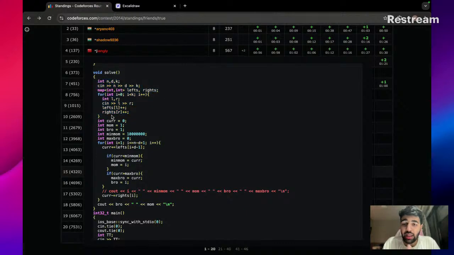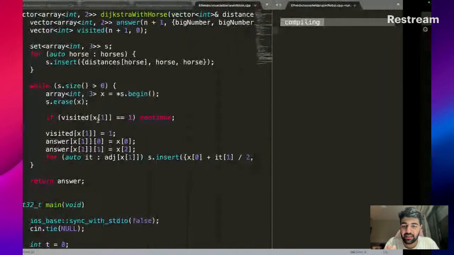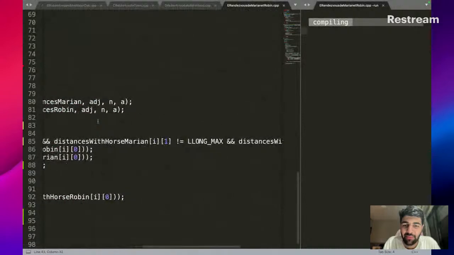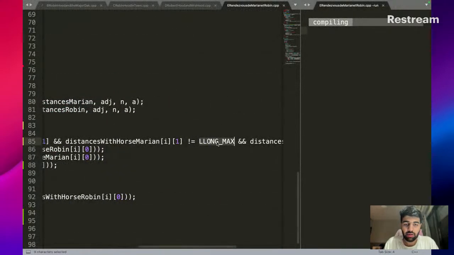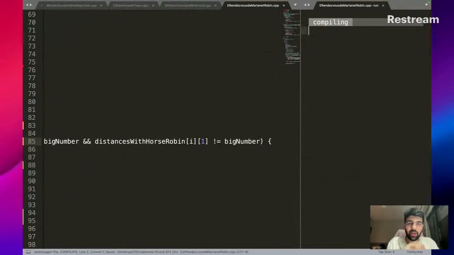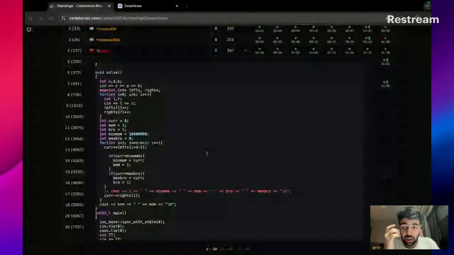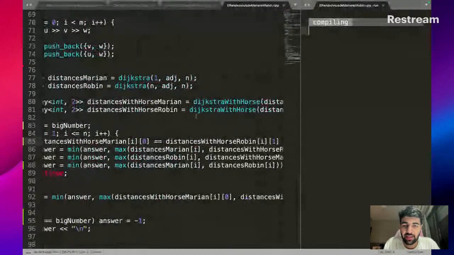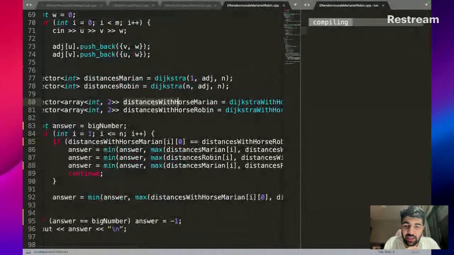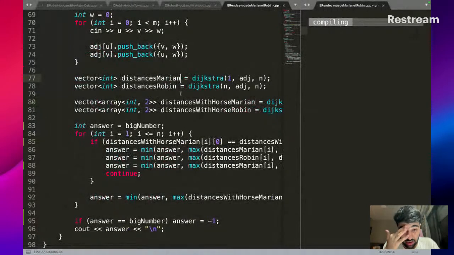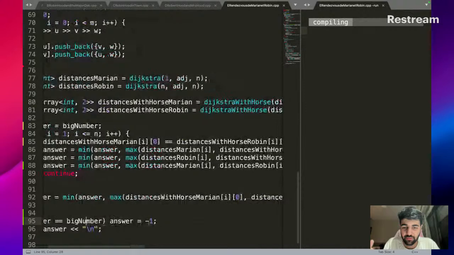नहीं, बिकॉज मेरा कोड क्लीन रहता है। आई कांट अंडरस्टैंड। स्क्रीनशॉट भेजता हूँ। हाँ देख, योर वेरिएबल नेम्स एंड स्टफ आर नाइस, पर द थिंग इज बी मोर प्रिसाइज, व्हाट इज कर, व्हाट डू आई अंडरस्टैंड बाय कर। मतलब वो मेरे भी अच्छे नहीं हैं, बट द थिंग इज तुम वेरिएबल नेम कितना भी लंबा लिख सकते हो। व्हाई इज दैट? बिकॉज तुम्हारे एडिटर में ऑटो कंप्लीट एग्जिस्ट करता है, ऑटो कंप्लीट इज नॉट गोइंग टू गो अवे। तो इसके लिए मैंने पूरा वेरिएबल डिस्टेंसेस विद हॉर्स लिखा, बेसिकली डाइक्स्ट्रा विद हॉर्स था ये। Distance is Marian, basically without horse. बिग नंबर बेसिकली 1e15 डिनोट करता है, वरना long max होता।